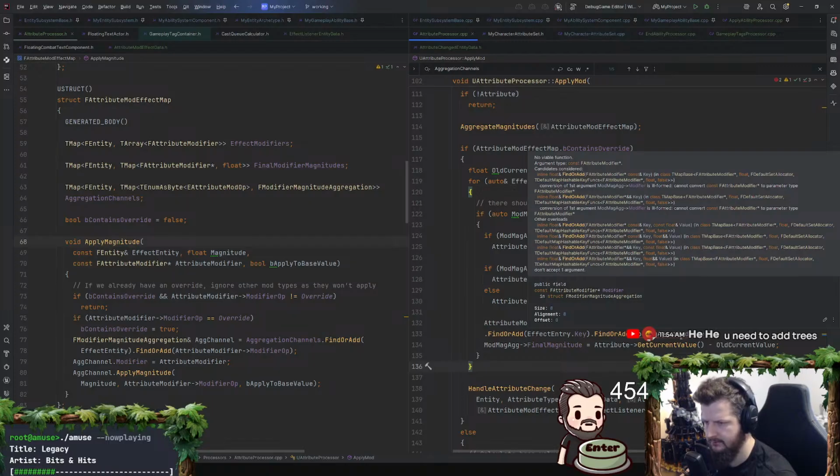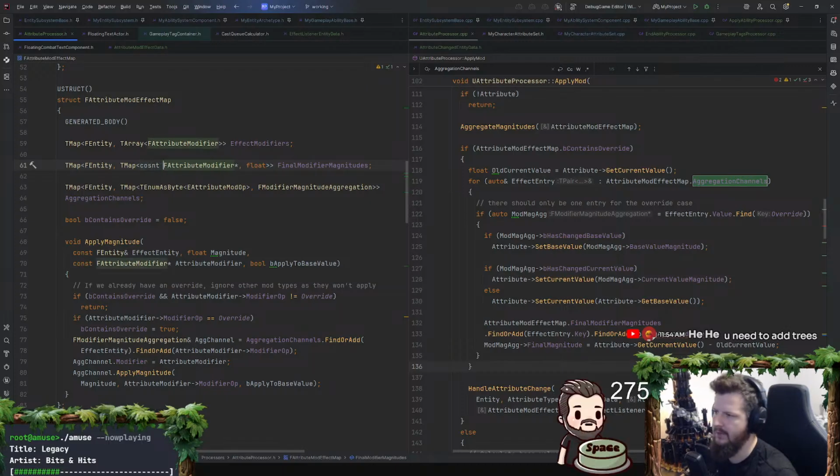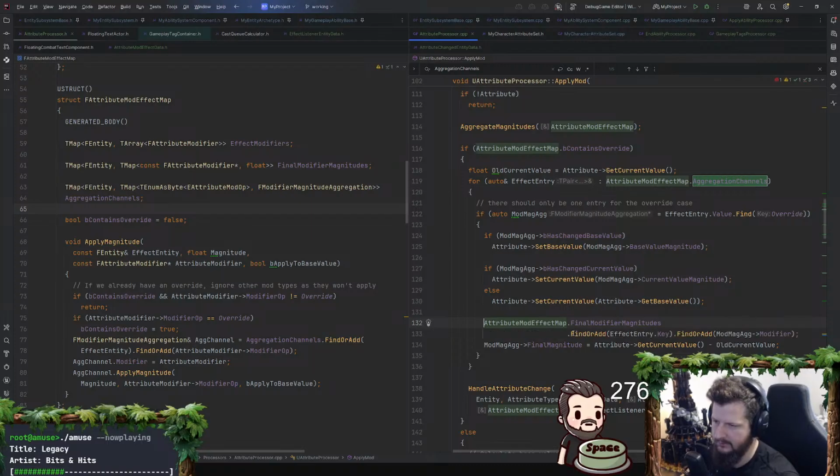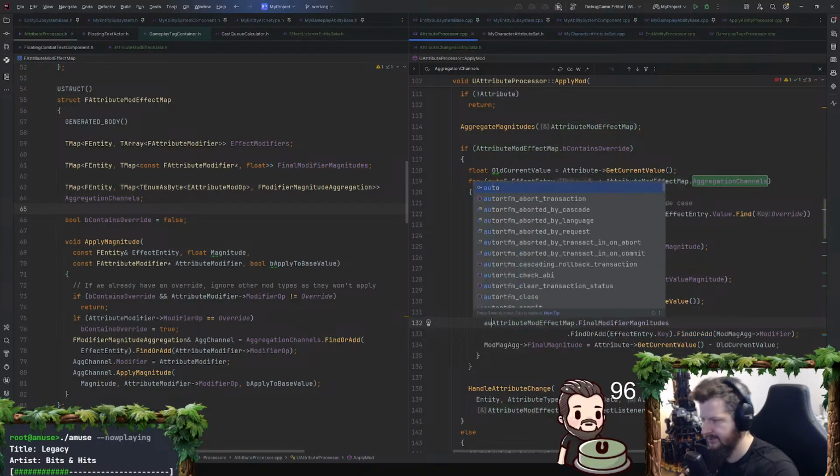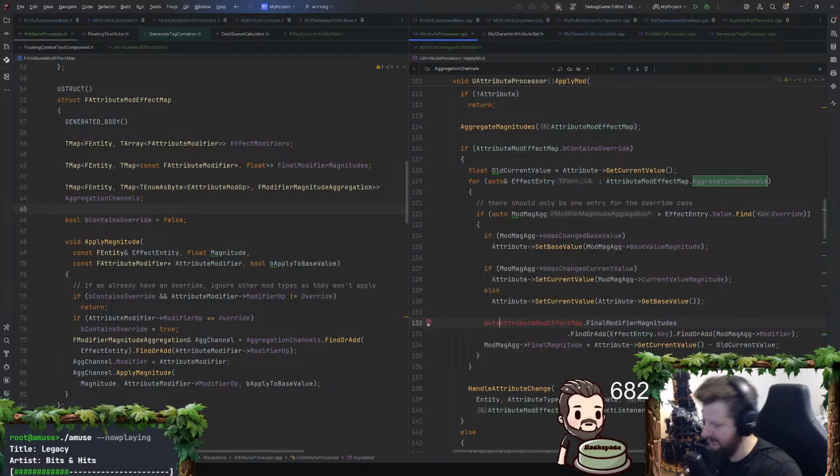Find or add. Oh, does this have to be const in the map? I think it does. Okay, that makes sense. And so this then becomes auto float. Yeah, this is a float ref.